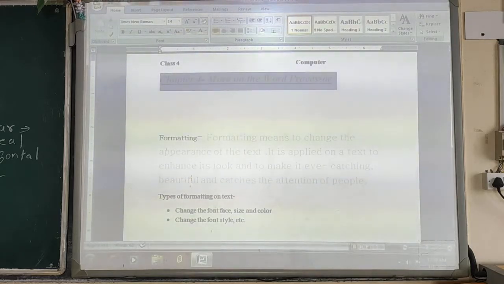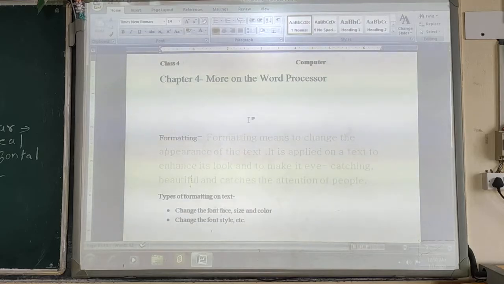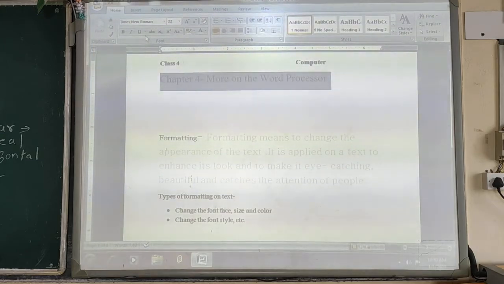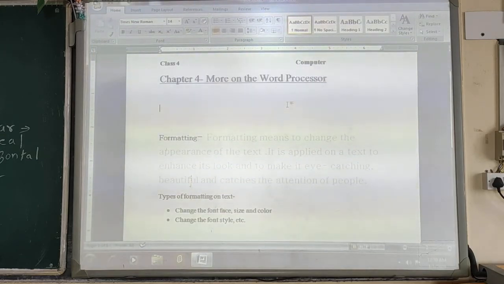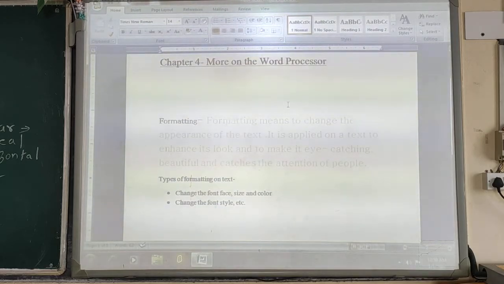Select the particular text and just click on the particular options, and the formatting applied to that particular text will be removed. Okay, so now we have just underlined the particular statement or sentence which we have selected.